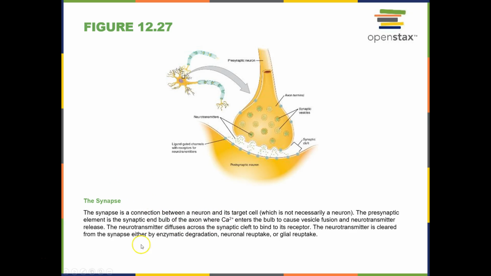All right, welcome to the last part of Chapter 12. So in this section, we're going to talk about some of the different neurotransmitters that are released through these synaptic bulbs. So here's the synapse of